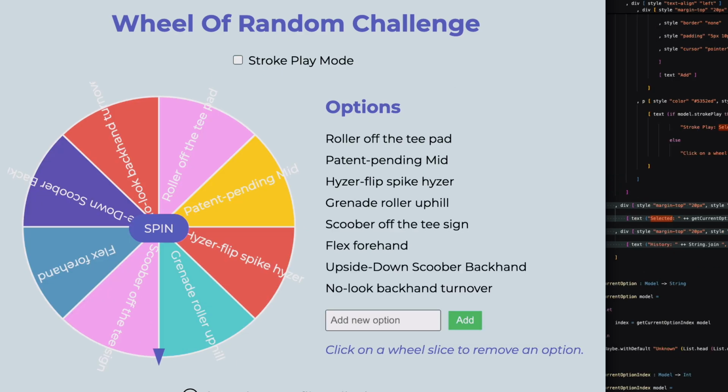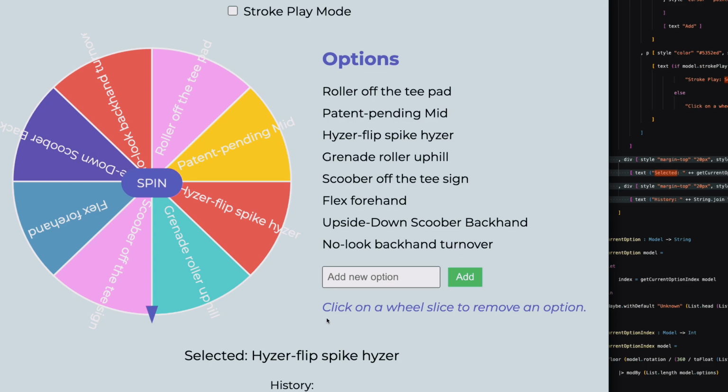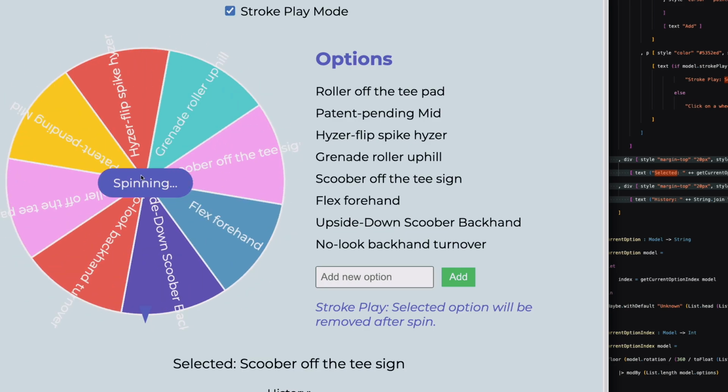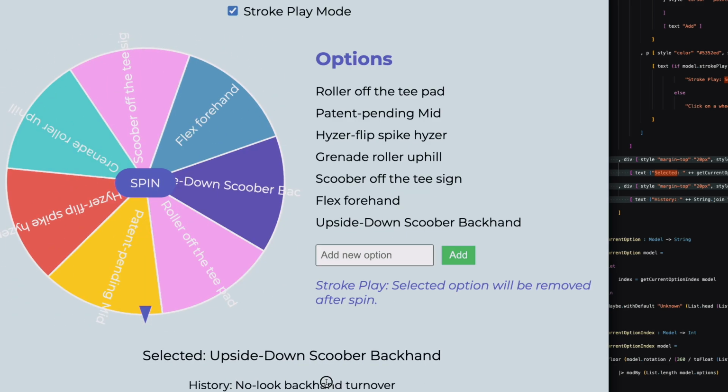And so here it is. You can see exactly what throw is selected. Minor bug here, the arrow does not point in the way that it should, so that's another bug we have to fix. But at least for the moment, we can see exactly what throw is selected, and when we go into stroke play mode, we can see exactly what throw that you had. We have a no look backhand turnover. Sweet, so we can know exactly what throw you should be playing on every hole, and I added this disclaimer to make it more obvious, and so this was kind of V1.